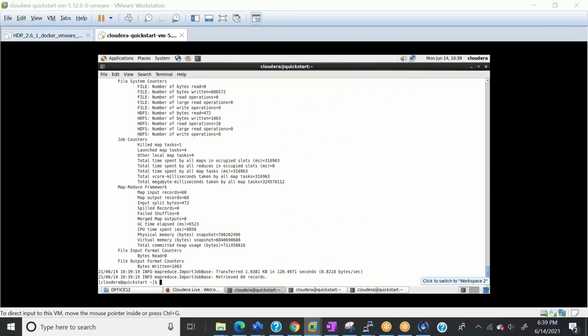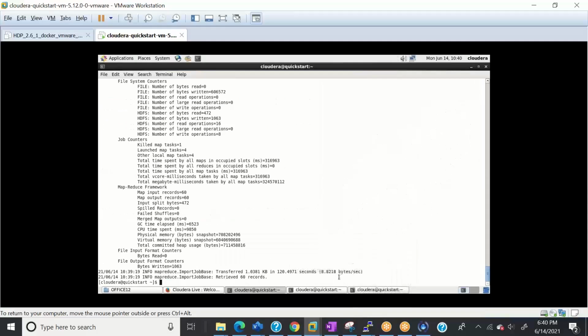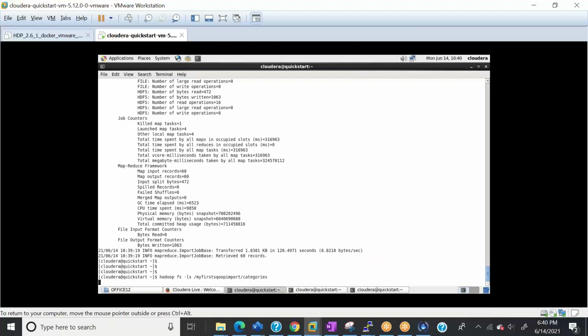Let's go here, Control-C. Where we brought the data, we haven't brought it to the local operating system. We bring it to the HDFS. And if we want to check this data, we will always go for hadoop fs, which means we are checking in the Hadoop file system, and then we will check the directory. I'm covering last lecture's concept in more detail, so bear with me.